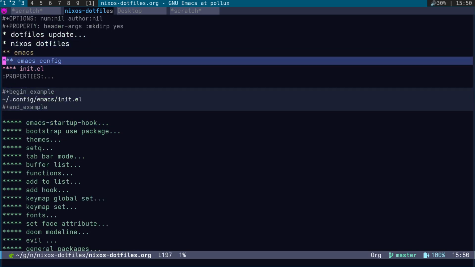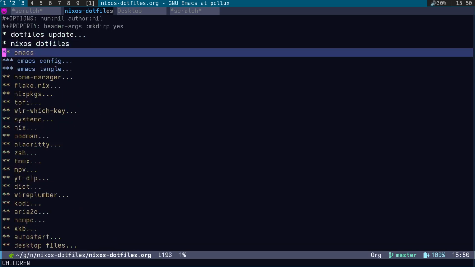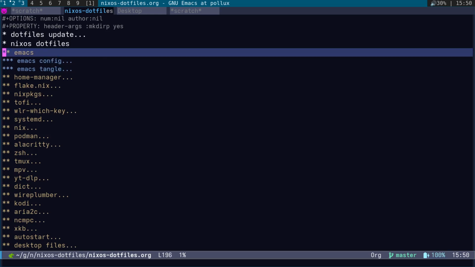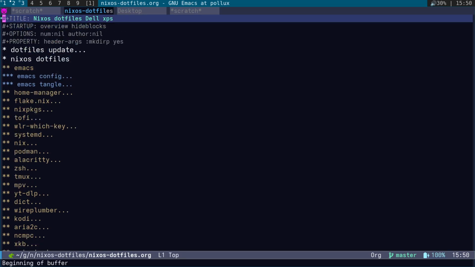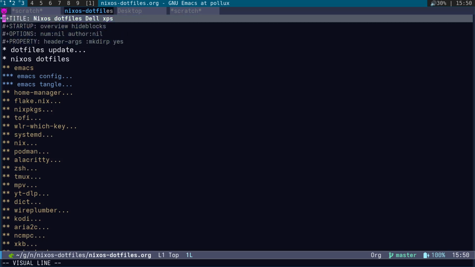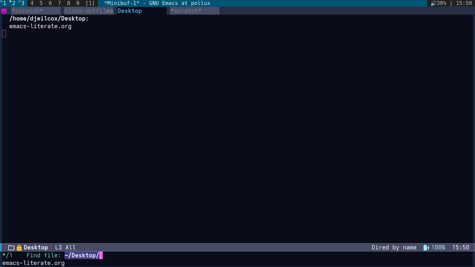So what I'm going to do is create this structure in the org file that I'm going to show you, where we have emacs config, emacs tangle. We also want to have these header args. So I'm just going to copy this and we'll call this